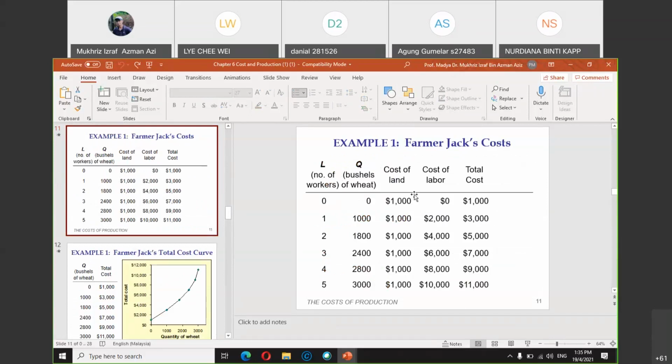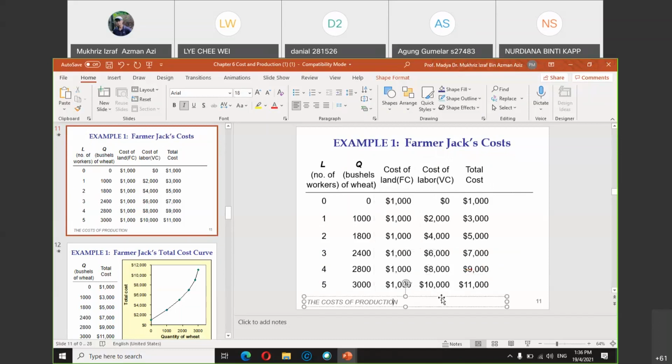Okay, but you can see here the cost of land, which is in terms of the rental. This can also be termed as the fixed cost. You can put it in your slide if you want to add or edit. So this can be termed as fixed cost. This will be termed as the variable cost. And this will be the TC, or total cost, because you can see that the cost of land remains